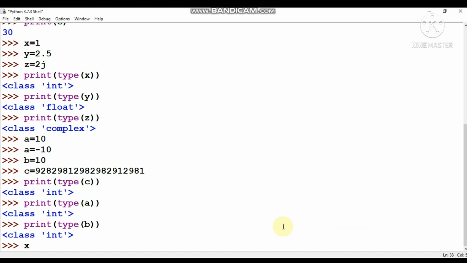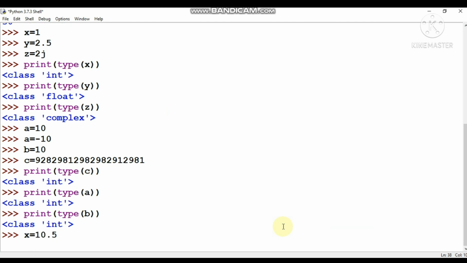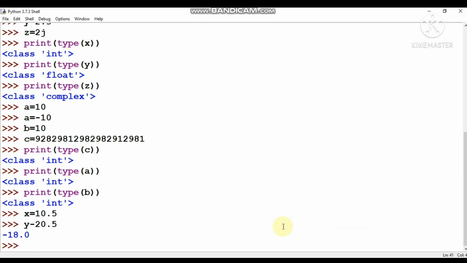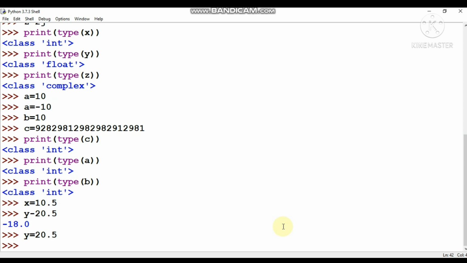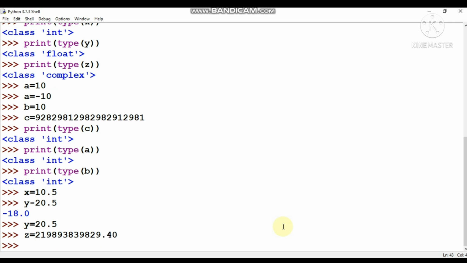So now I'm going to declare x equal to 10.5, y equal to minus 20.5, and sorry, there is a mistake actually. So I have to declare y equal to 20.5 and then z equal to 40, and when we display this, print type, and we pass z, it will be float.